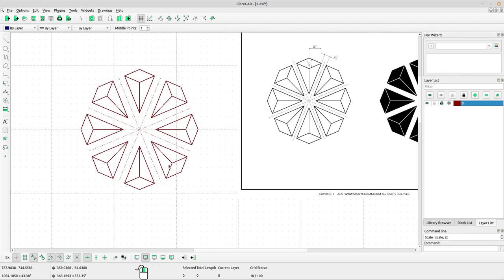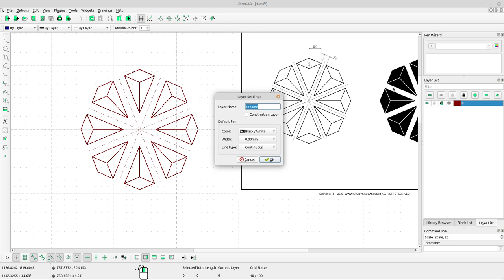Okay, but before we hatch the shape, I want to create a single layer for hatching. Just click this button at the layer and type the layer name hatch. Yes, select color. Try to use dark green. Select width, okay,